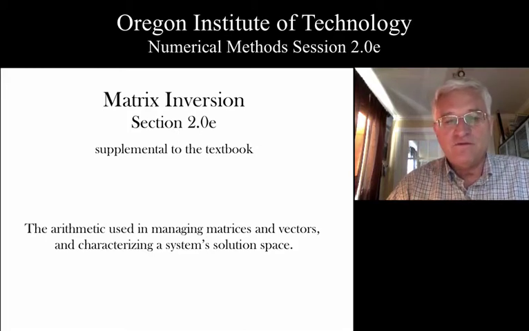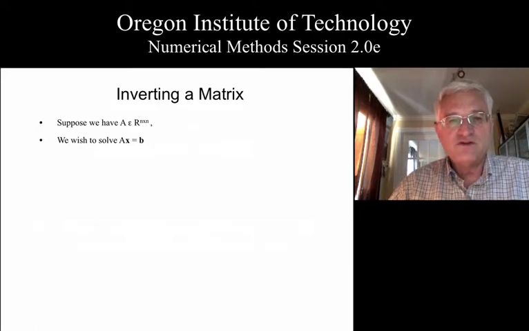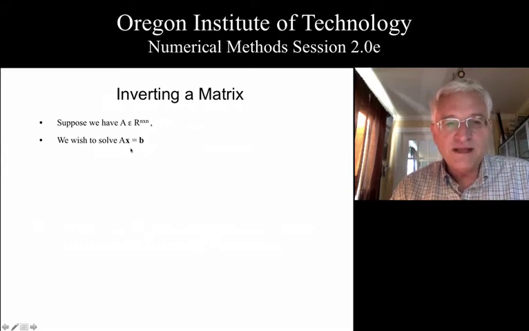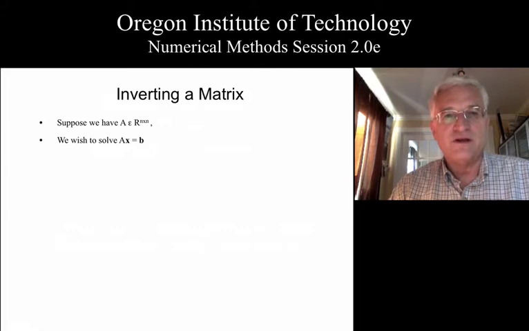With that, we will review what an inverse is and show an example of creating an inverse using a 2 by 2 matrix. First of all, we have our matrix living in the real world of square matrices, and we will identify the dimension as being n by n. As usual, we're trying to solve the system Ax = b. It could be that we have more than one b vector of interest, but A is not changing. And we'd like to see what happens to the solution x for a whole variety of b values.